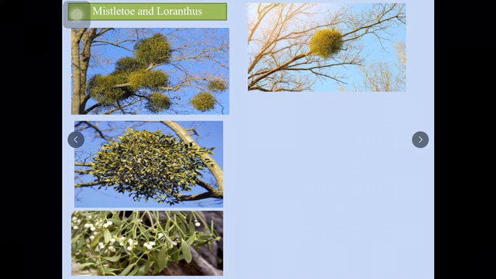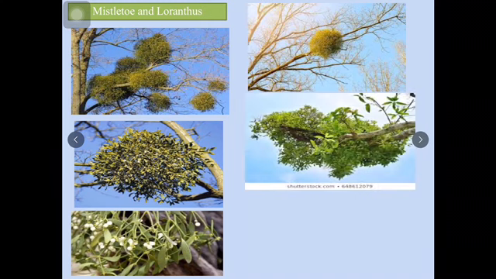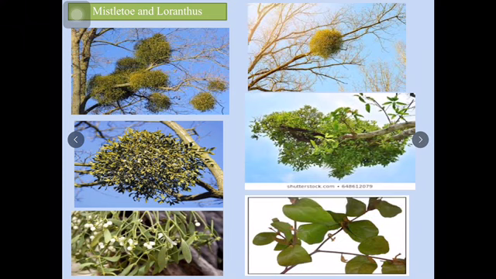See this one. Here a bunch of mistletoe is growing and the entire plant has no leaves at all. It is a parasite. It has made it diseased. This is loranthus, just like mistletoe. Loranthus also has leaves and can do photosynthesis, but both of them lack a well developed root system.